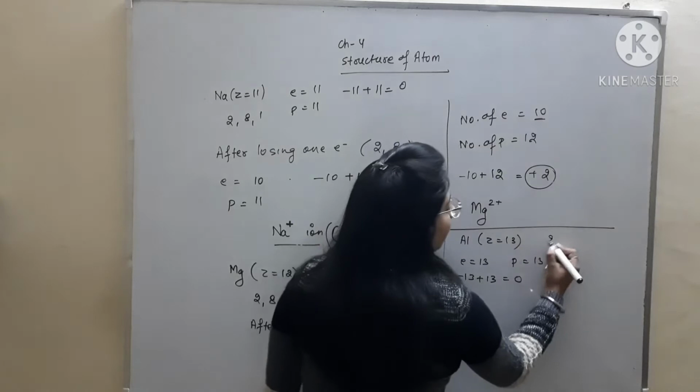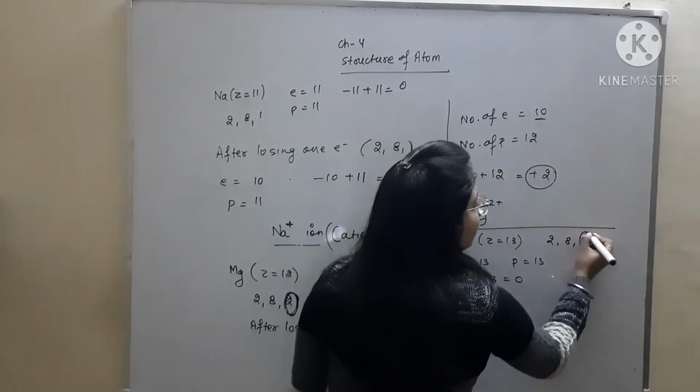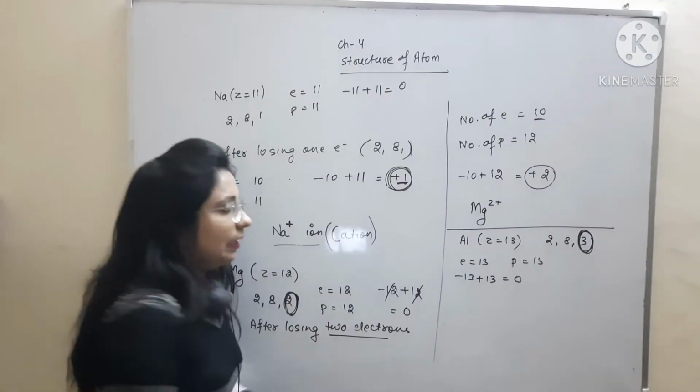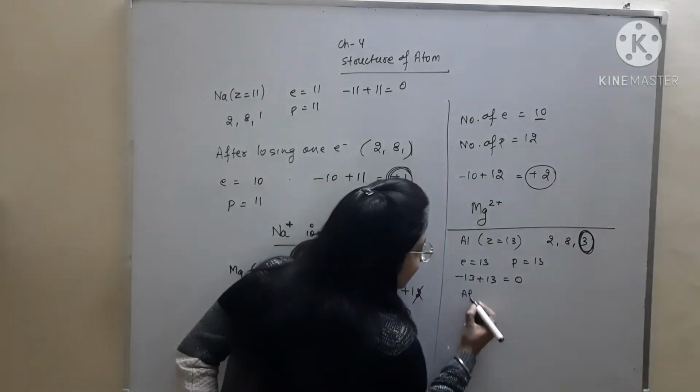But its configuration is 2, 8, 3. It is not stable. It has to lose 3 electrons in order to attain stability. After losing 3 electrons,